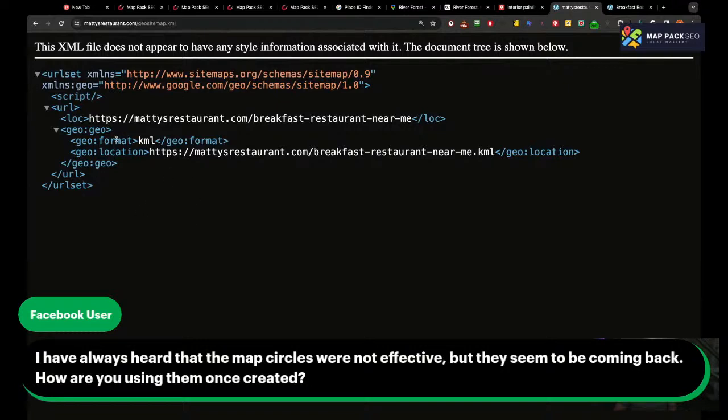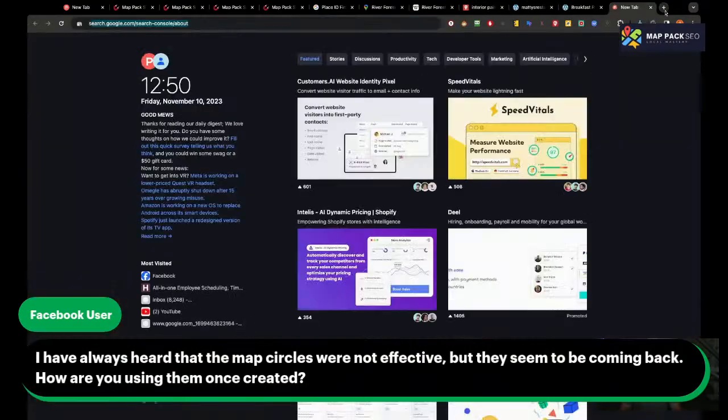You take that GeoSite XML sitemap, and you put it to the search console and upload it, and then these links will be indexed right away.